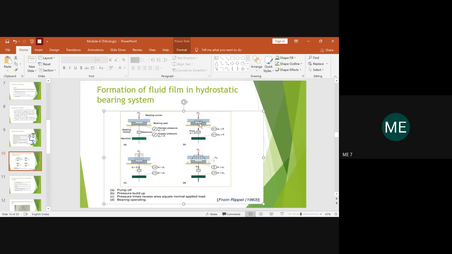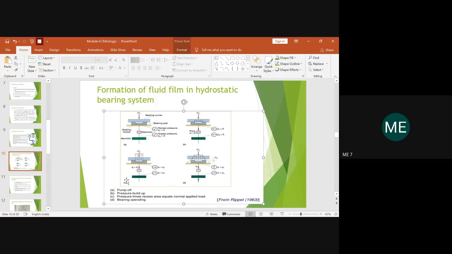Both should nullify, then only it will be in equilibrium condition, and then it will not cause wear or friction. If both are not matching, if it is not in equilibrium condition, then it results in friction, vibration, noise, and finally scrap of the surface across the contact area when the wear increases. So you should see that the required pressure is distributed across the oil film. If that is not done, then it results in friction and wear. So this is how the pressure distribution happens in case of a hydrostatic bearing system. This is the second stage.